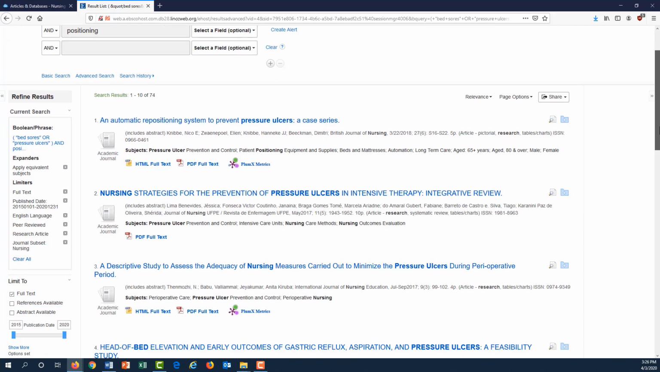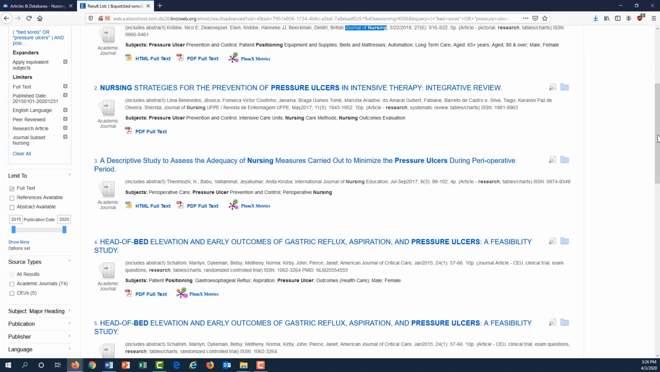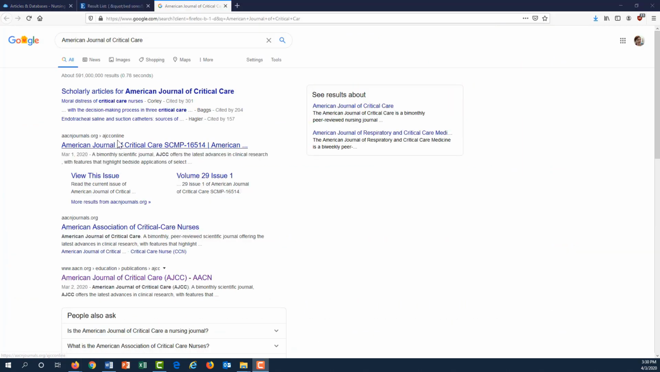Before we even click on an article, we can verify if it's really from a nursing journal. Right after the authors' names, listed below the title here, you can see the journal name. A good rule is that if it has nursing in the title, it's a nursing journal. If it doesn't, like this American Journal of Critical Care, you should Google the title and find an official description